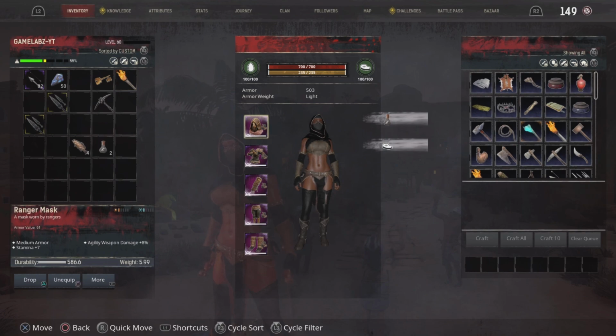But the outfit is actually the Zamorian Thief, but I'm not actually wearing Zamorian Thief. The outfit I am actually wearing is this one, the Ranger, which as you can see on the left there is coming up as a medium, but yet it says light above our head under our armour, which is very strange. So yeah, we're wearing the Ranger headpiece, the Ranger chest piece, the hands, the legs and the feet, and